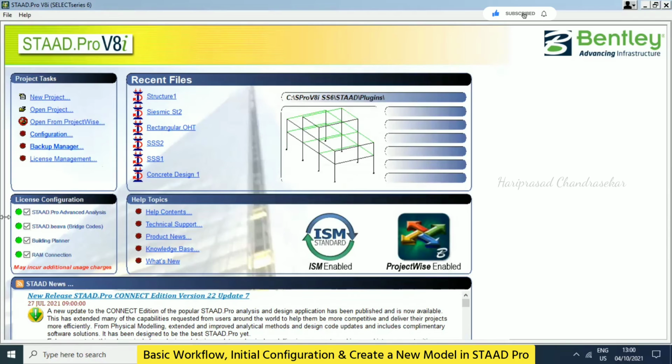And here, in license configuration, you need to switch on everything, which means you need to check everything so that we can work with these connections and everything. These are like external plugins, we can say, and they launch directly to their platforms. If it is not checked here, we can't open and work with them. Okay.